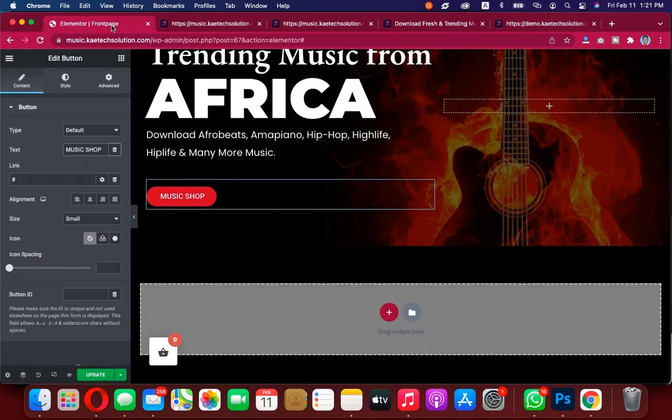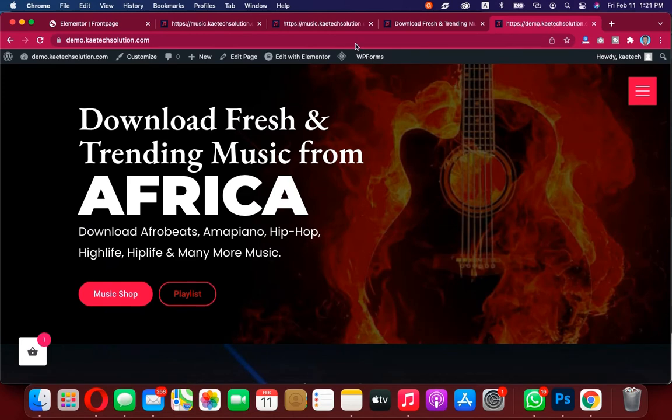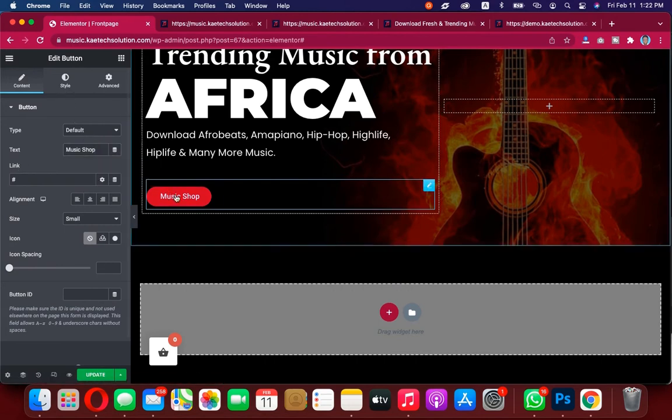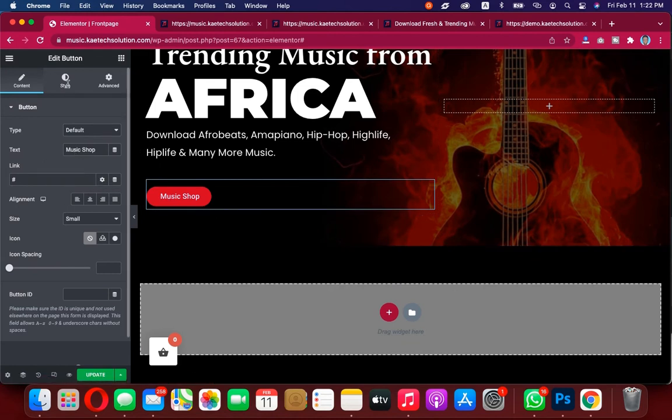So we will move away from, let me see, this one is in small letters. Okay, so let's get it in small letters, music shop. Okay, very good. Now we want a border around it, but there is a border around it already, but the border is the same thing. So we go to shop over here,